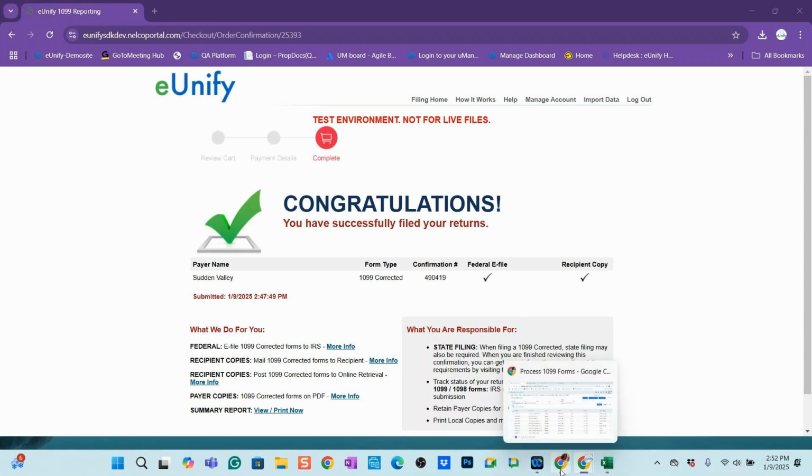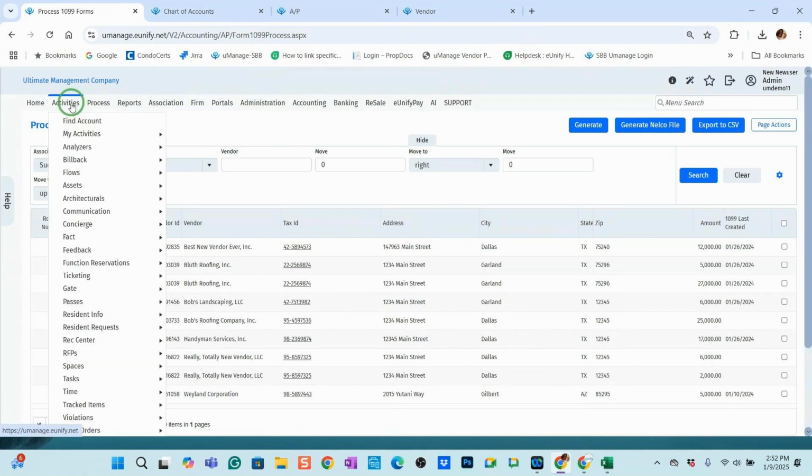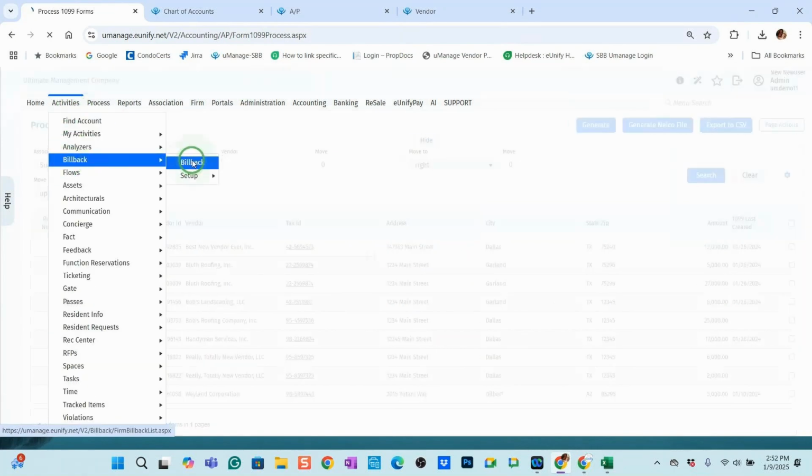So one of the things that I did want to do before we go real quick is I got to thinking about some of our other features in UManage and how you can utilize those items to make your life a little bit easier. Once you get your items out for Nelco, you're going to want to bill those back to your associations. And for those of you who are utilizing our bill backs, or who want to utilize our bill backs, I actually went into our demo site and I created a bill back